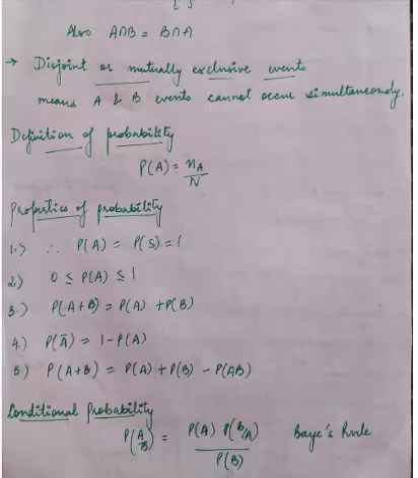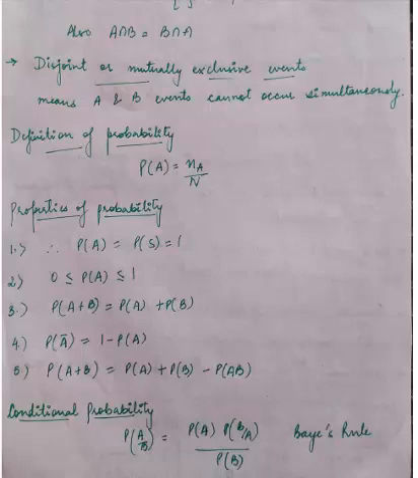A simple example is the tossing of an unbiased coin. Since the coin is fair, the two outcomes, that is head and tail, are both equally probable. The probability of heads equals the probability of tails, and since no other outcomes are possible, the probability of either head or tail is 1 by 2, which could also be written as 0.5 or 50%.